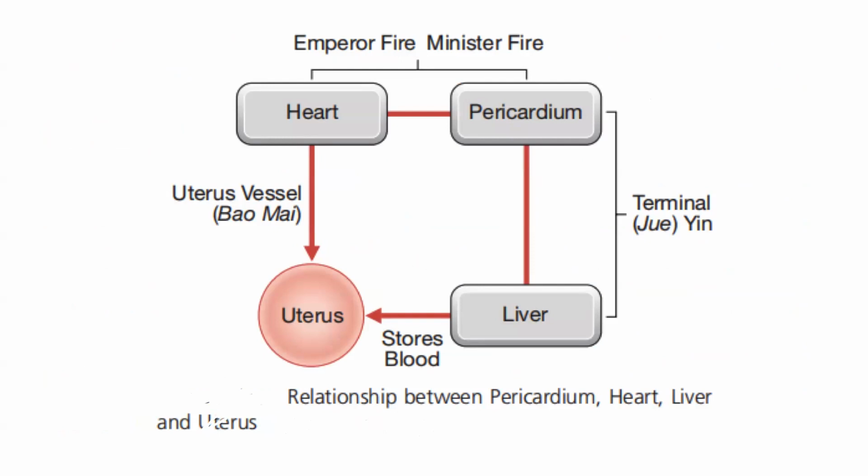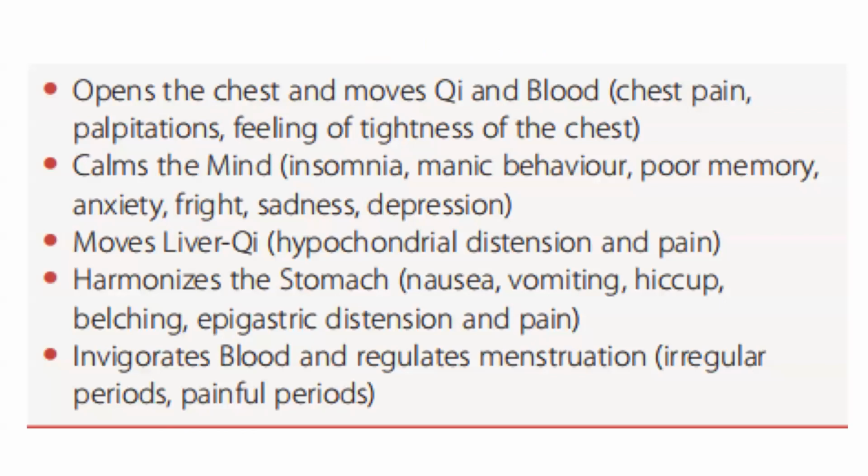The liver directly stores blood, which supplies the uterus. Pericardium connects to the uterus through the heart, which is directly connected with the uterus through the baomai, or the uterus vessel. So to summarize its functions,